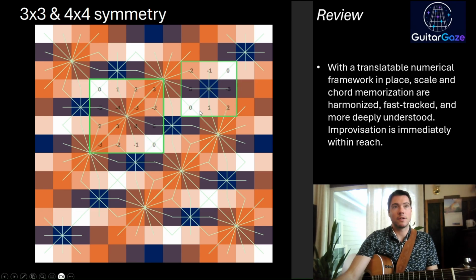Those two repeating shapes fuse together the guitar, and if you are familiar with the intervals within those shapes, you can never get lost across the guitar. You can keep track of where you're at using those intervals. So this is a